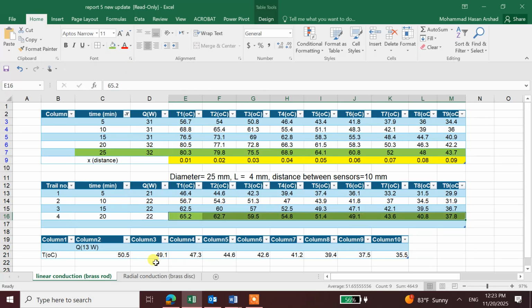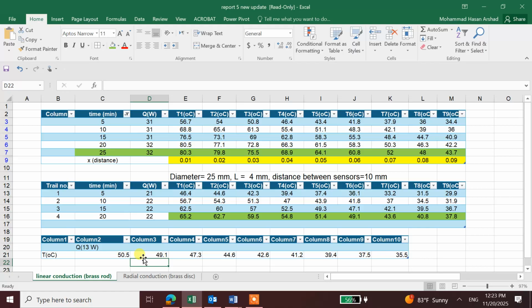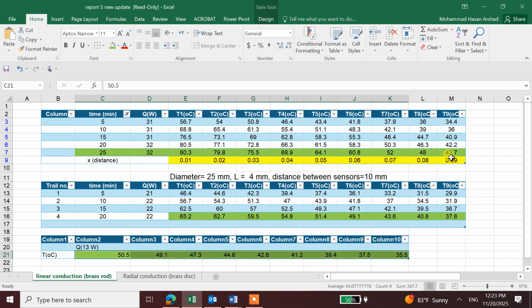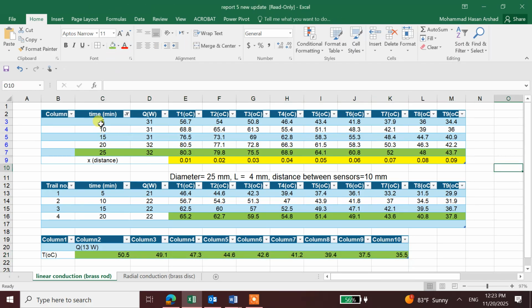Whatever we have here is the steady state. So in case you don't have data with time, it means that your data is for steady state. Now, what we can do if we have time data is plot